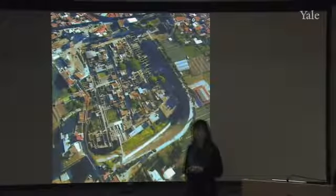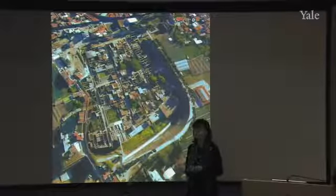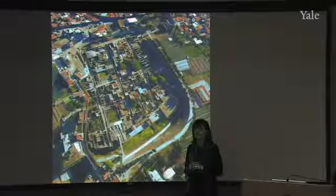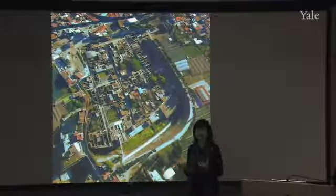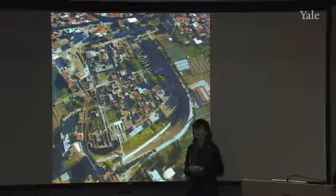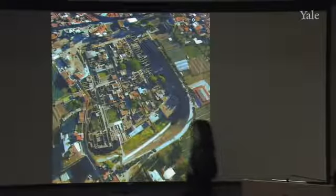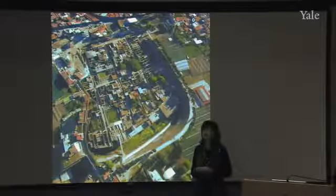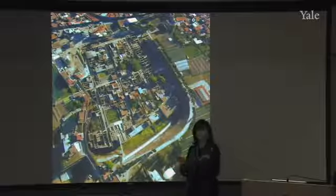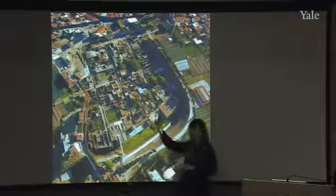And what we're missing for the most part is the public architecture. We don't have a great amphitheater from Herculaneum. We don't have a theater and a music hall complex. We think we might have part of the basilica, but we're not absolutely sure. We don't have the great large forum space that we have in Pompeii. So we're missing a lot of that public architecture at Herculaneum, which gives us less of a sense of what the city was originally like, at least in its public face, although there's no doubt that that material still lies beneath the ground. So we have only a quarter of the city, mostly the residential part of the city or part of the residential part of the city,